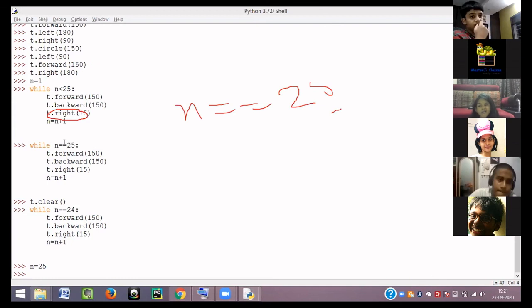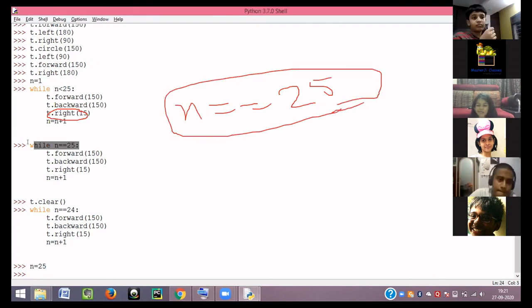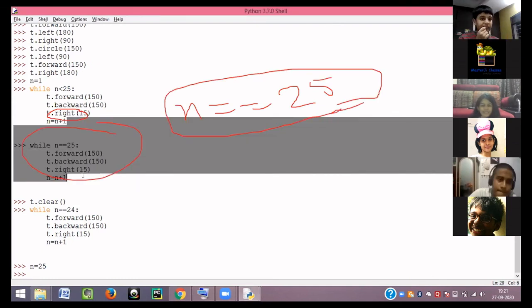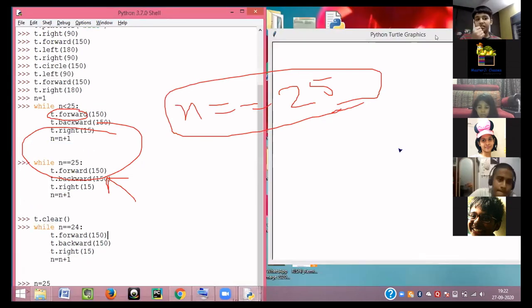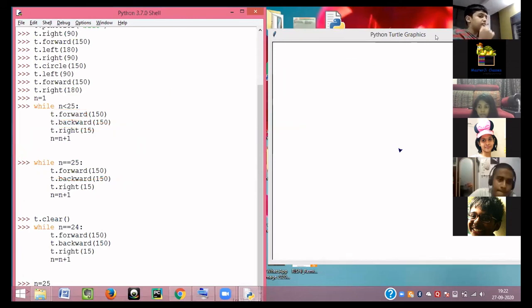Yes sir, see, I've already written this line. n equals 25, it was not working. And for that also n equals 24, it was not working. So don't worry about this equals to and less than. You will surely understand that. Sir, but why does the equal to sign not work? See, okay.